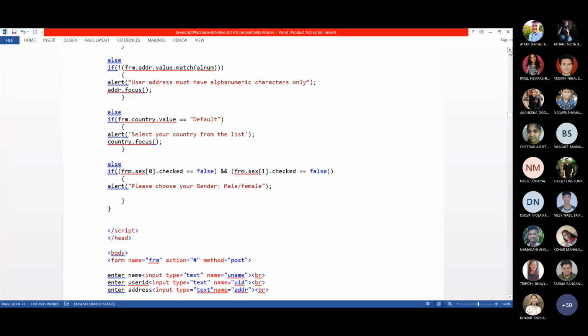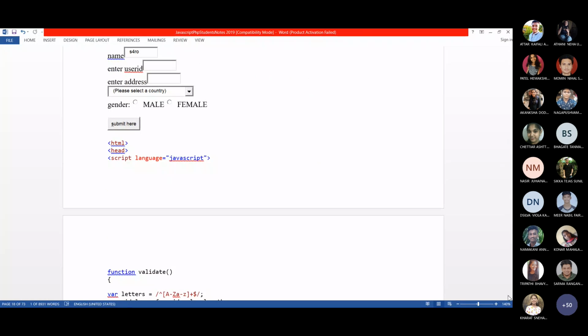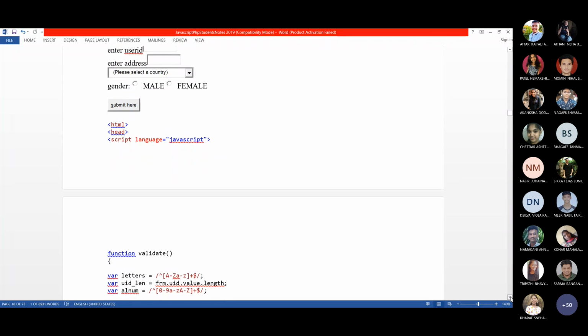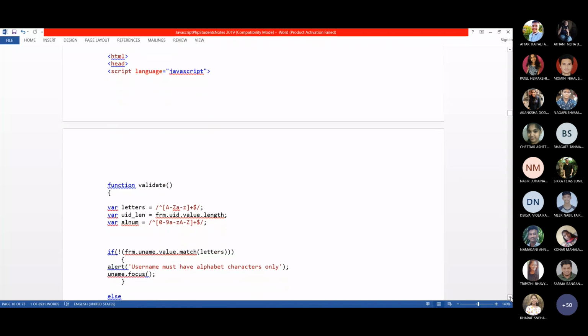Now look at the starting of the program. Within the body of the program, I have written the code which I showed just now, within the opening and closing body tag only. Now come to the starting of the program, HTML. Of course, the doctype you have to add.